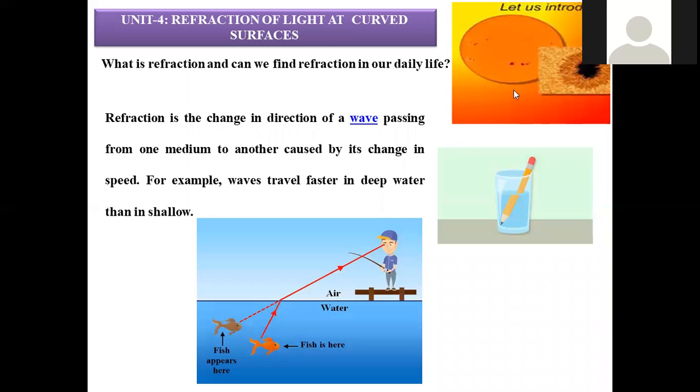So first we have to introduce the concept of what is meant by refraction of light. Light has different properties. Light is coming from the universe, and whenever it comes, it exhibits many kinds of inherent properties. Earlier we discussed reflection of light. Now we have entered into the concept of refraction of light. What is meant by refraction? Can we find any applications of refraction of light in our daily life?